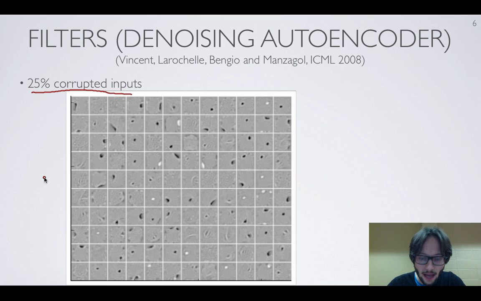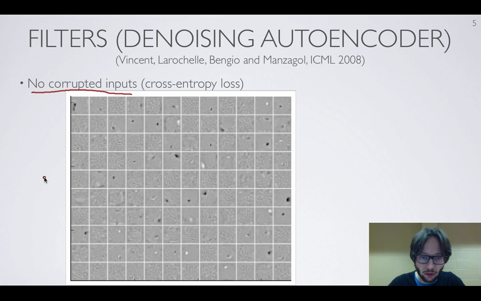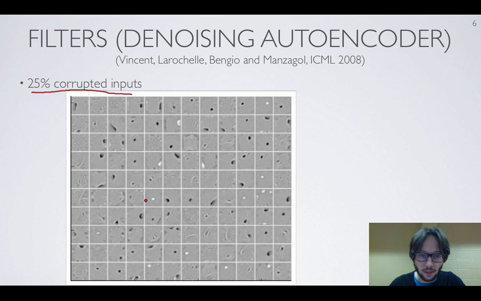We also notice that the filter, for instance, this one, which was not looking too bad, is now, so if you keep your eyes on this one, we see that now the filter actually got bigger. And that's partly also because if we add a lot of noise, like 25% of noise in the input, then each unit, to be able to say what kind of structure is present, is it a sort of edge like this, then it needs to integrate out many more pixels